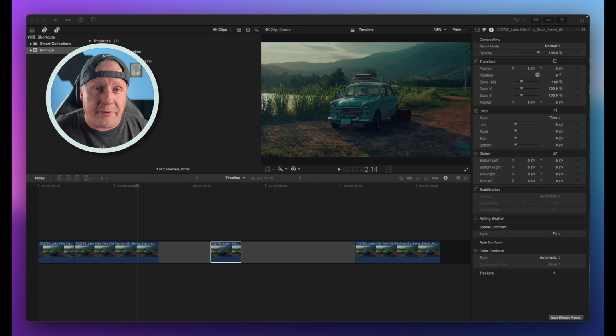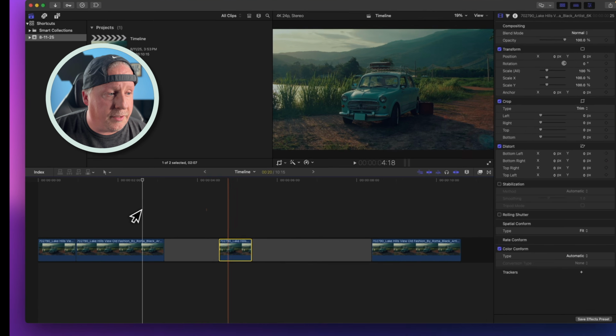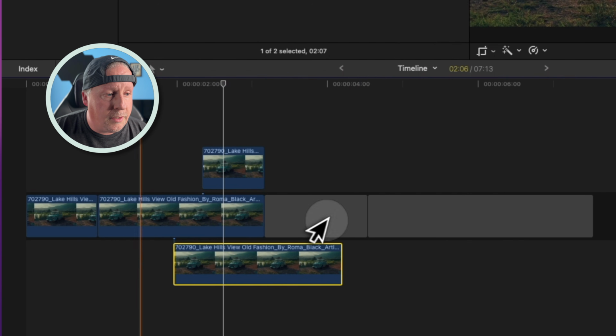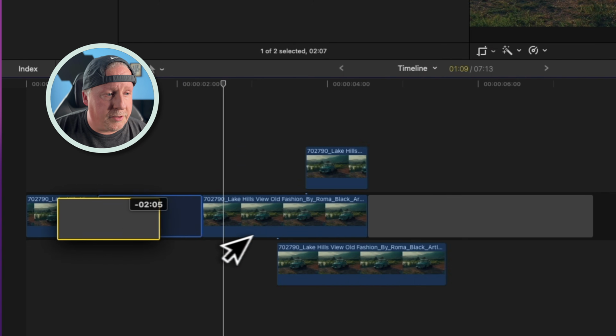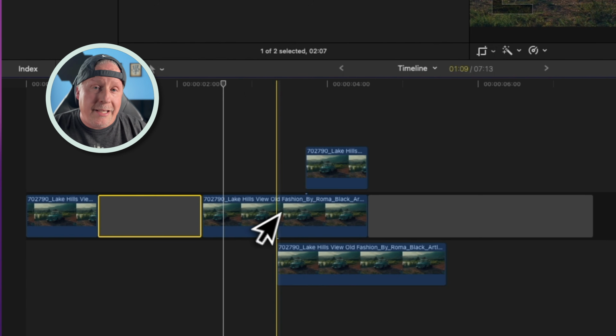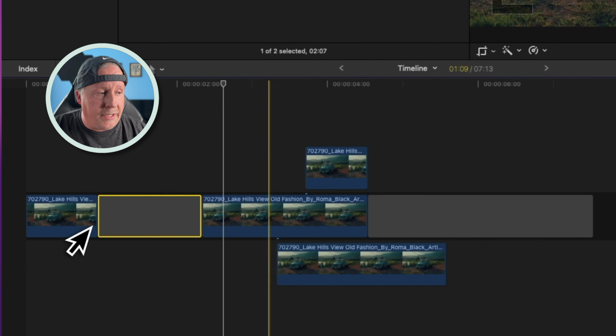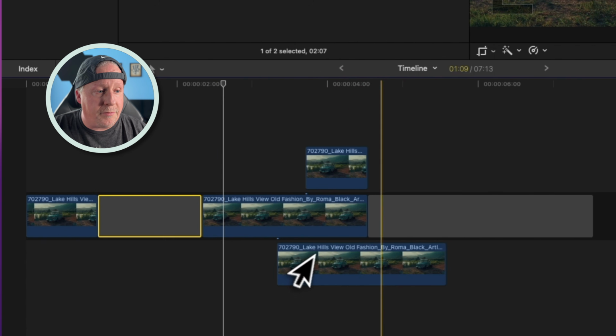If you're coming from a different editor, you've worked in DaVinci Resolve or you've worked in Adobe Premiere, you're not used to this magnetic timeline. So let's say you have a clip, for example, you have like this over here, that's connected to that one, that's connected to that one, and I'm just going to move this gap clip here so we can see it in action. If I wanted to move this clip right here over to here, but I don't want to affect